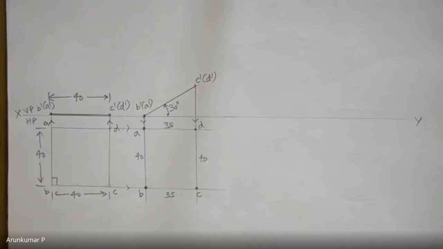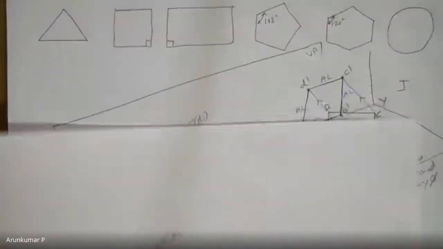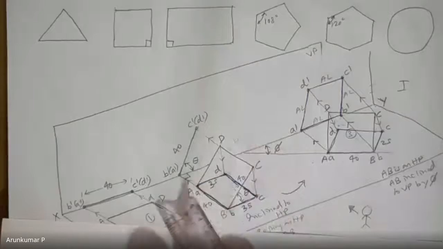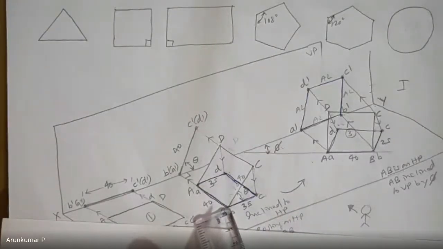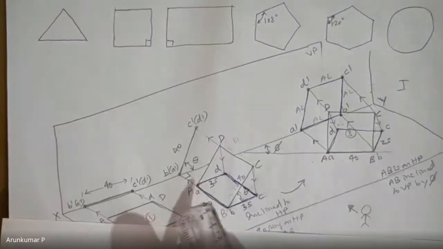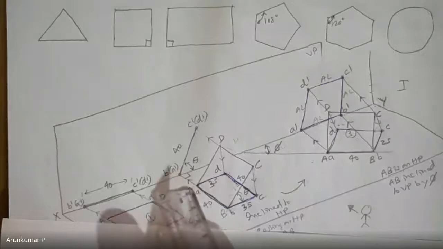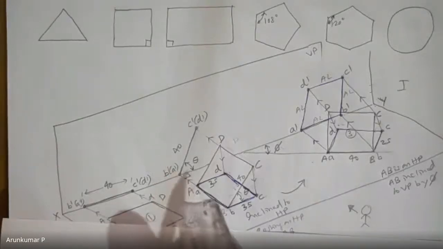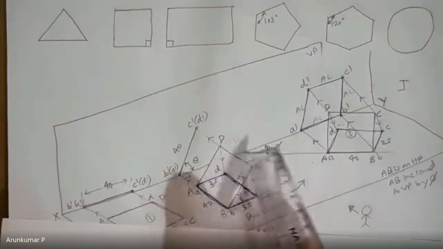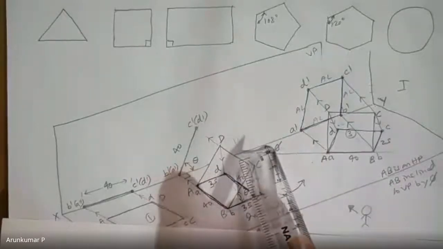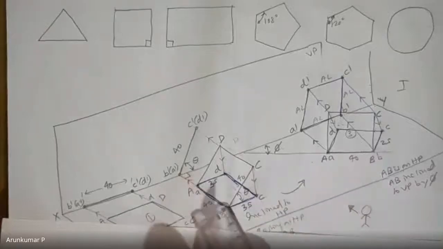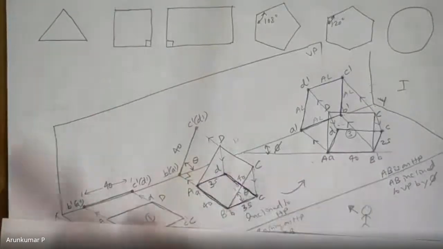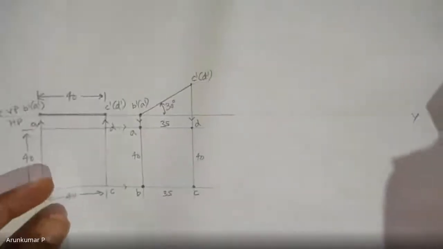Last step. This edge AB. It is given that the edge, the side on which it rests, makes 45 degrees to VP. Which is the side on which this square is resting on HP? AB. So AB is now inclined at 45 degrees to VP. So you have to draw the 45-degree line to VP and put this edge AB on it. So let us see how that can be done.